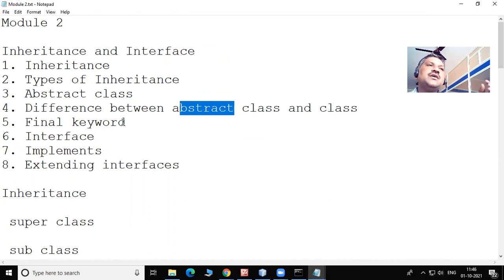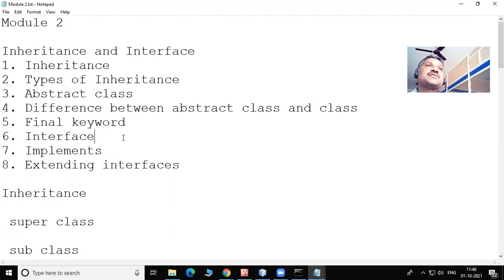Final keyword: if you declare a variable as final, you cannot change the value. If you declare a method as final, you cannot override the method in your subclass. If you declare a final class, you cannot inherit the corresponding class. Then interfaces are mainly used to implement multiple inheritance. For using an interface, we have the keyword implements.